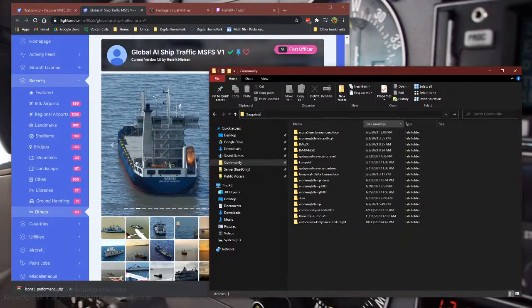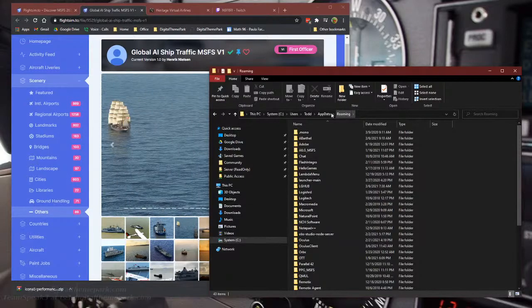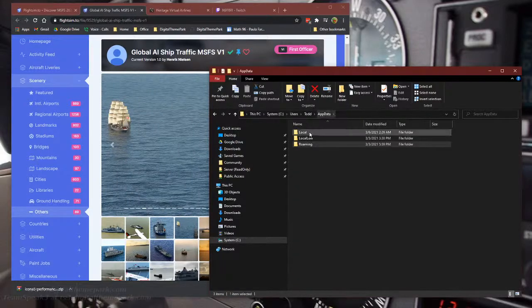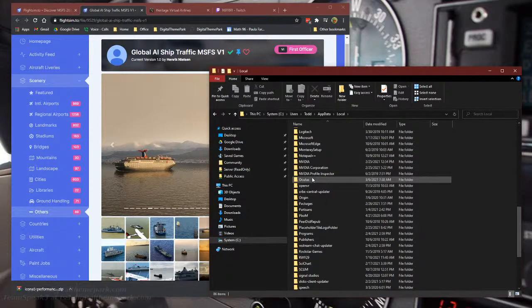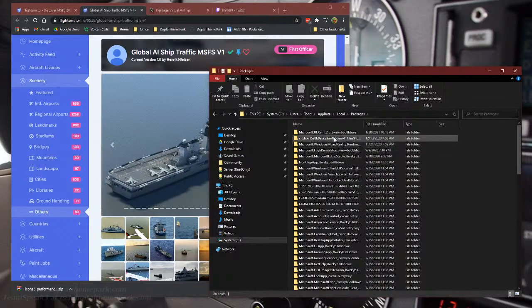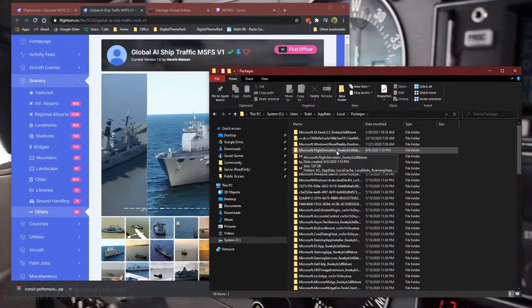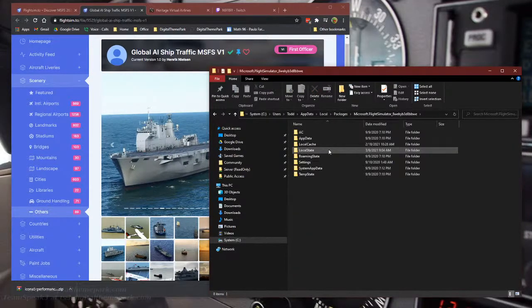App data, percent, okay. It puts us in roaming. I'm gonna go up one, I'm clicking on that, and I'm gonna go local, and then down to packages. And then we've got one that's called Microsoft.flightsimulator_ and some other characters after it. You go into there,